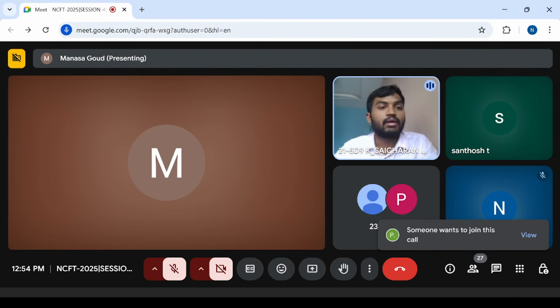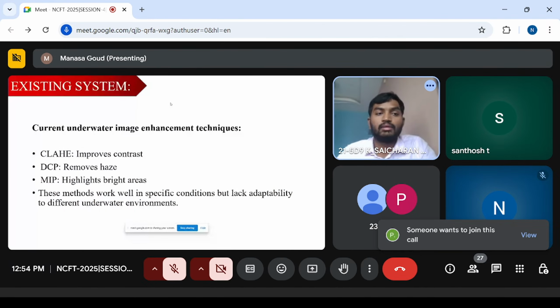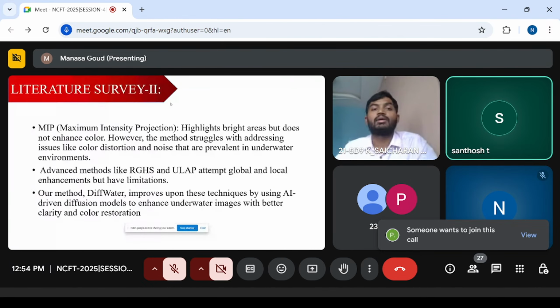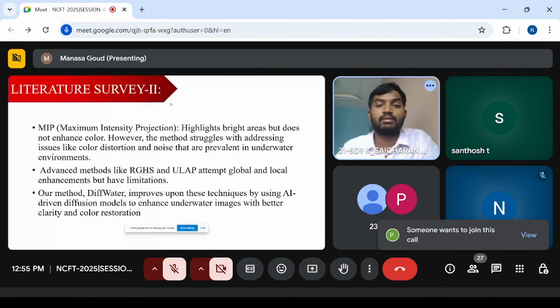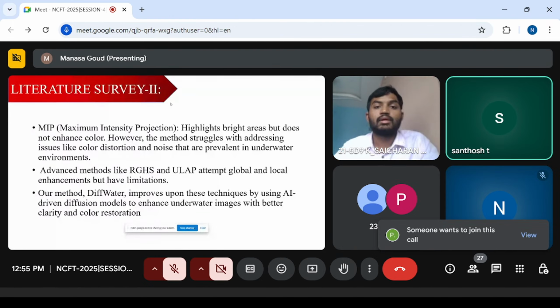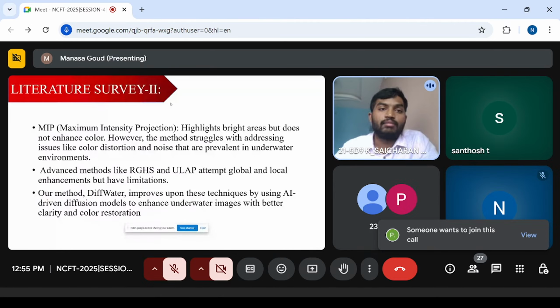So for enhancement methods, we use CLAHE, Relight, and RGHS. And for restoration, we use DCP, MIP, and ULAP. For example, let me insert the image. This is a raw image. For this, we are applying the contrast limited adaptive histogram equalization. And after applying, this is the left side. This is a raw image, and right